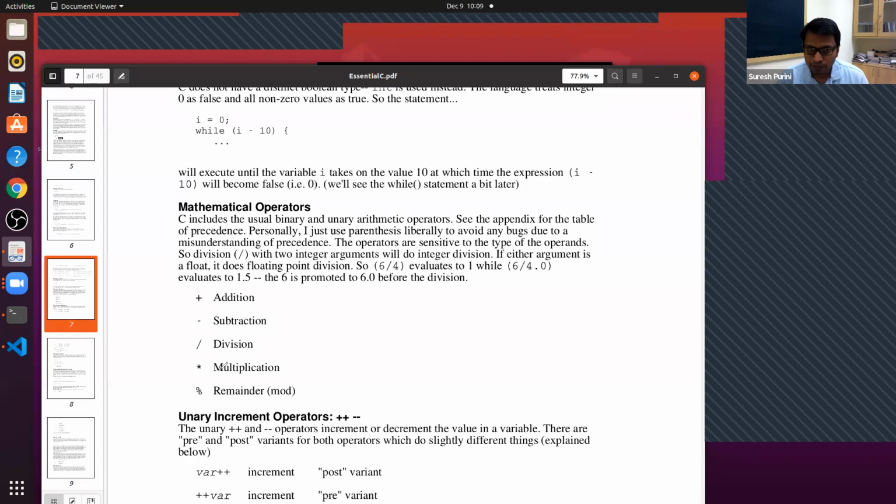So these are the primitive operators. These are the arithmetic operators that are available.